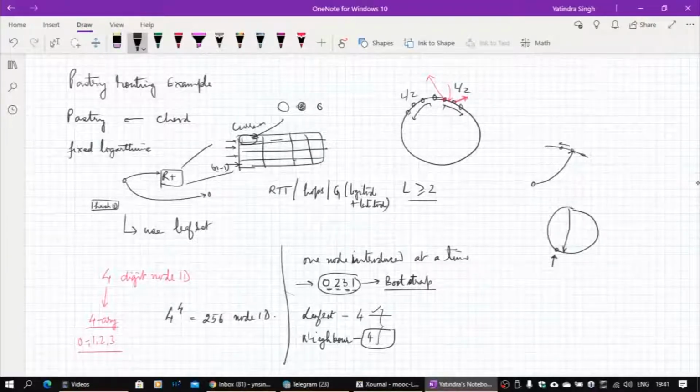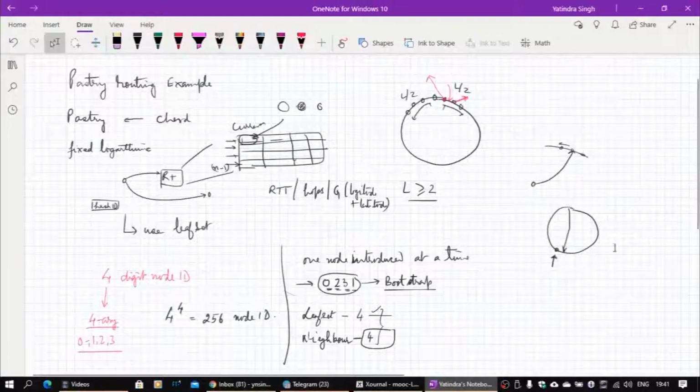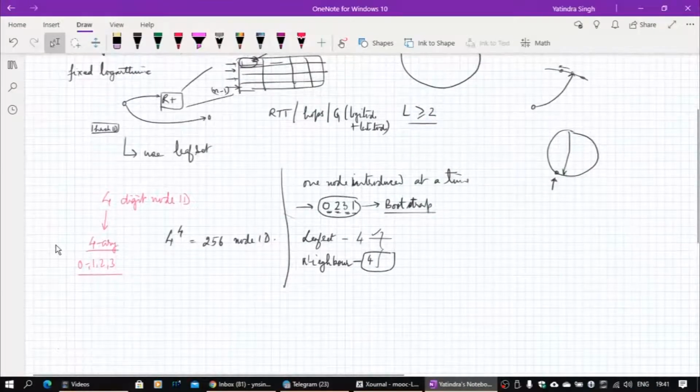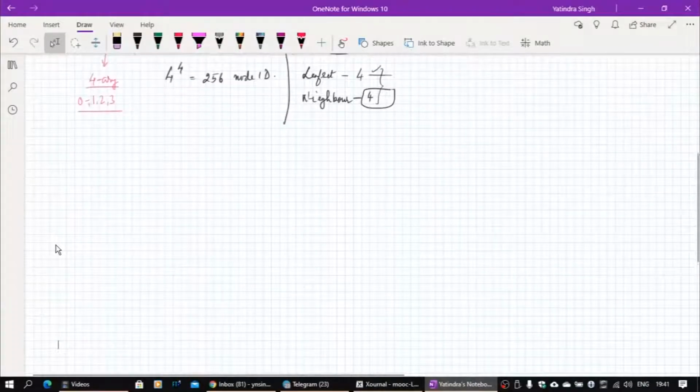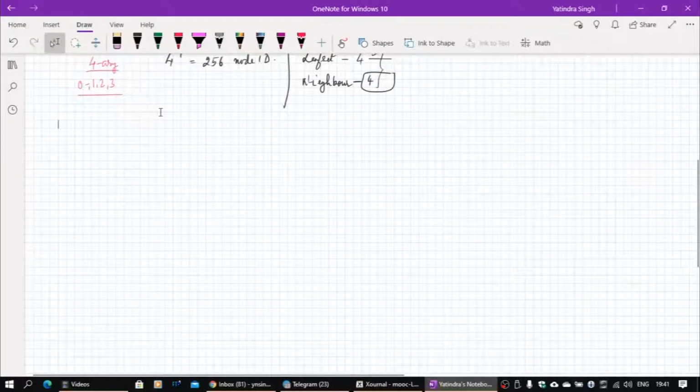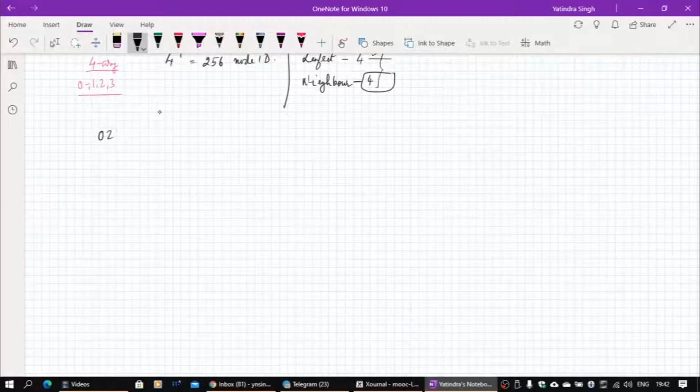And of course, I will show you in the beginning how the routing table entries get created as the nodes get added. At some point I will assume some nodes and create a stable routing table, and based on that I will simply add one and see what happens, assuming a steady state routing table. But truly speaking, routing tables do not have to be in steady state when a node joins or leaves. It can be done at any point of time. The routing table will always move towards the steady state, or tend to the proper position where it should converge. So the first node, as I told, will be 0, 2, 3, 1.